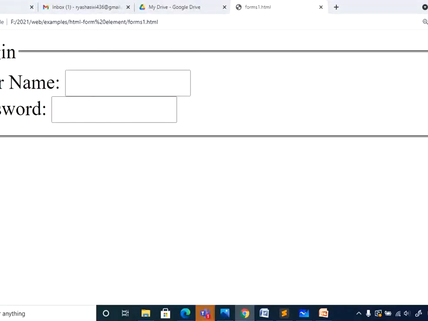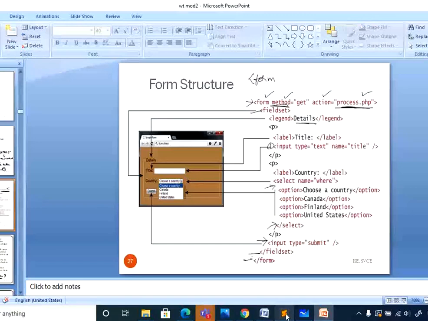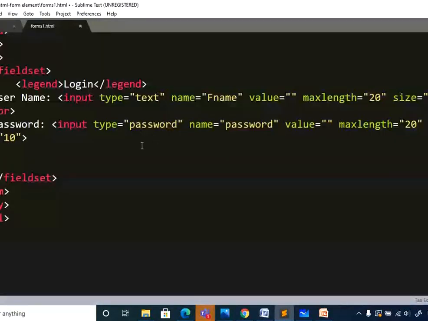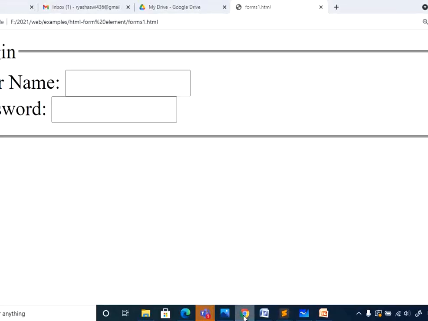You can reduce the size of all these boxes, but you have to specify extra attributes for that. So now username is added, password is added. Next we need buttons. You can specify the input type as button, where you will get the clickable buttons. We have different varieties of ways to represent buttons. I'll go with the buttons later.